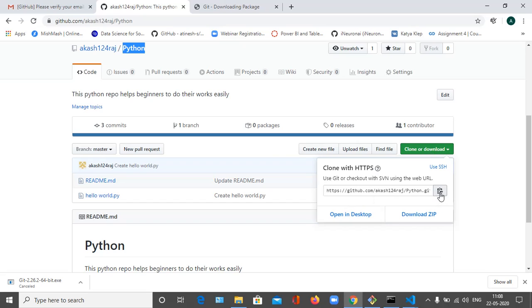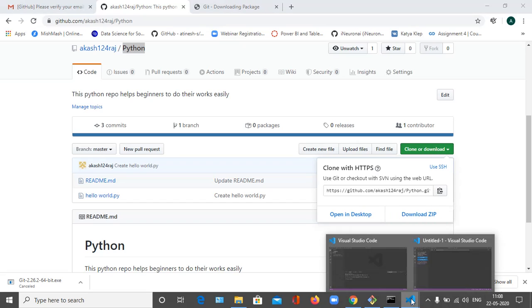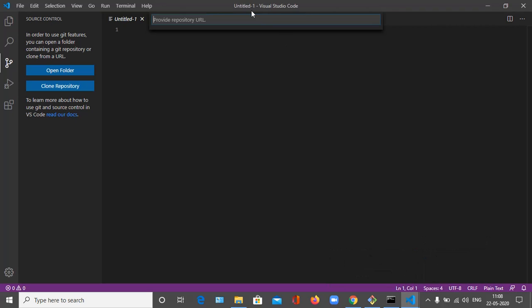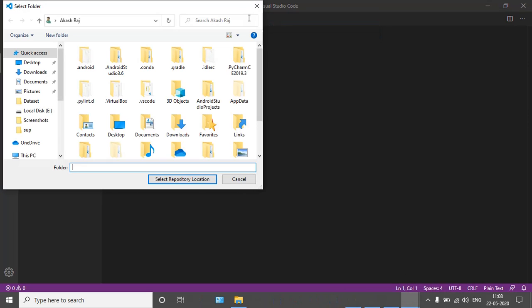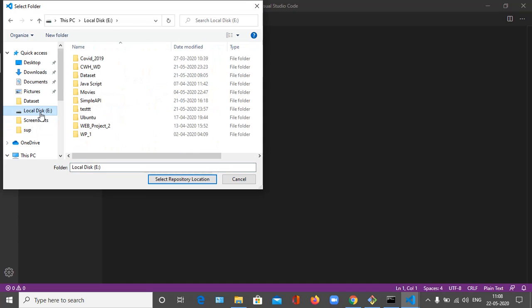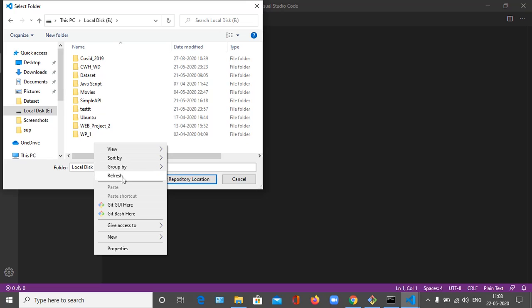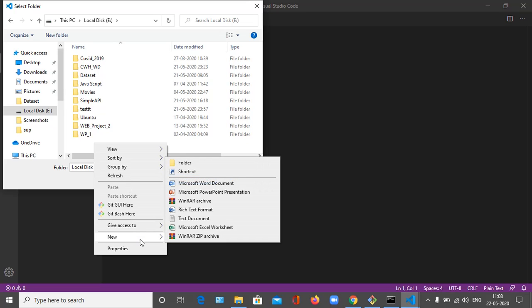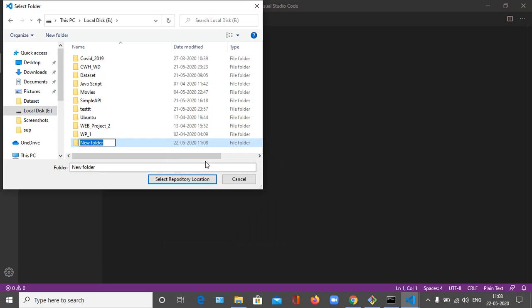Now come back to VS Code and paste that URL here, and you have to choose one path or one folder in which we are going to clone this repository. So I'm going to create one new folder with the name Python for beginners.